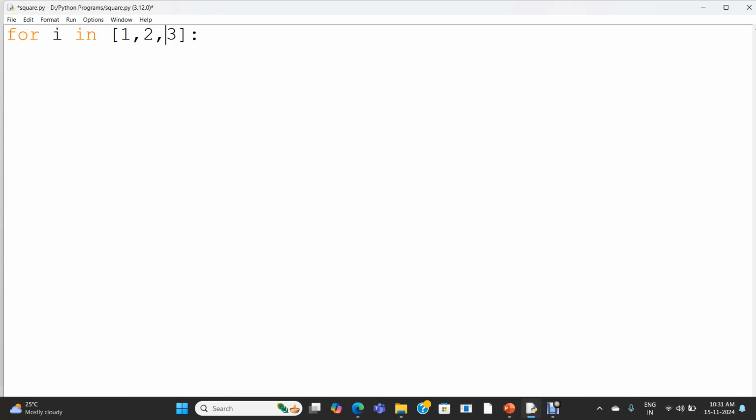In each iteration, i will take the value from the list one by one. First iteration i will take 1, second iteration i will take 2, third iteration i will take 3. Once the list is over, the loop will get terminated and control will transfer to the next statement after the